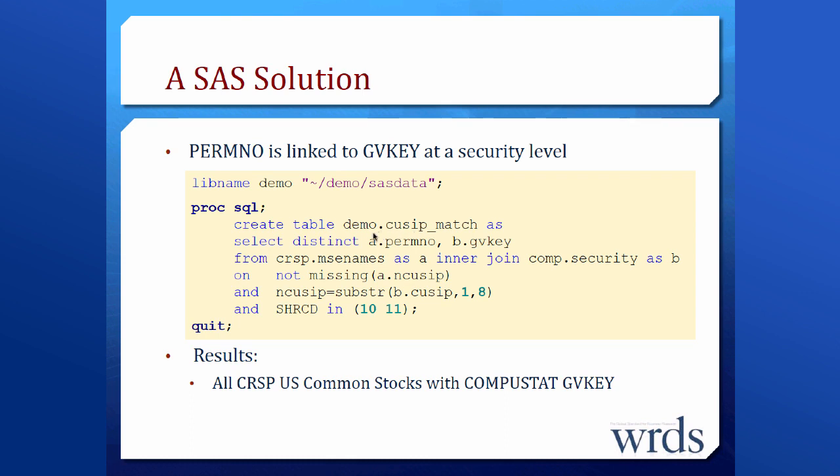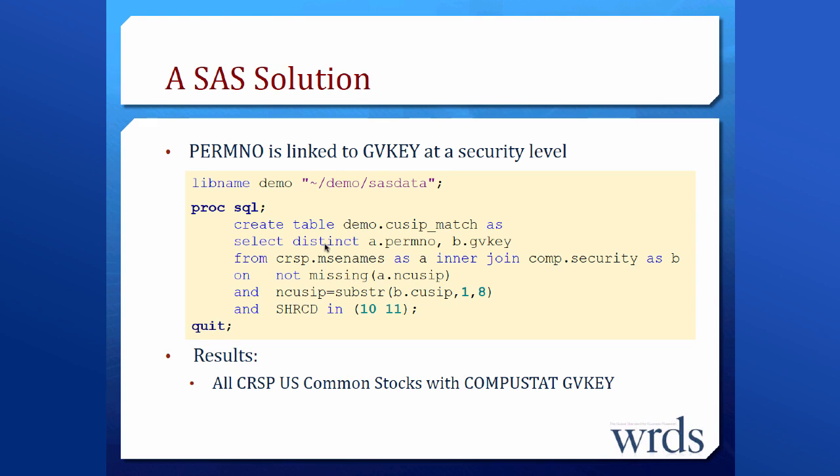So I'm going to go through line by line here. I use PROC SQL, or the SQL procedure from SAS, and basically I create a table called QSIP match, and I save it into a permanent library called demo, which was defined before. And I only select